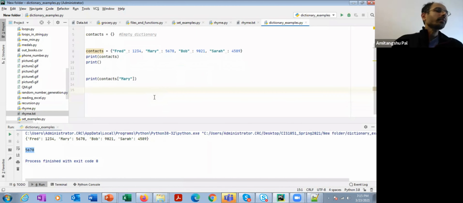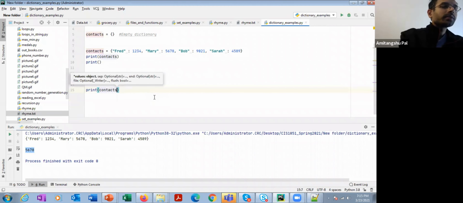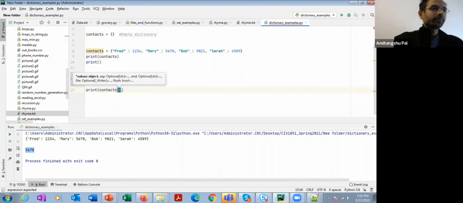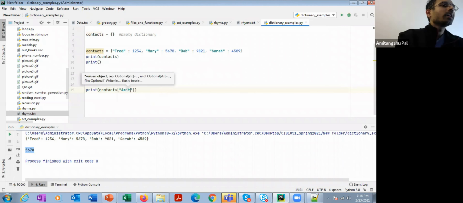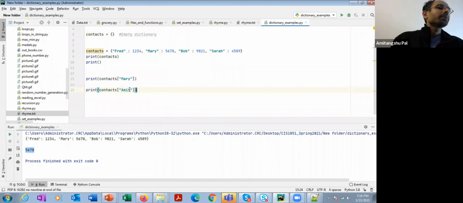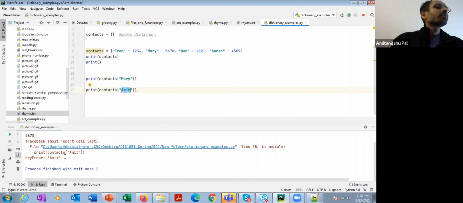Now, suppose you want to find the contact of some person who is not there in your dictionary. So, for example, Amit. Amit is not there in your dictionary. So if you run it, it's going to give you an error. So to avoid that, you can put a check.